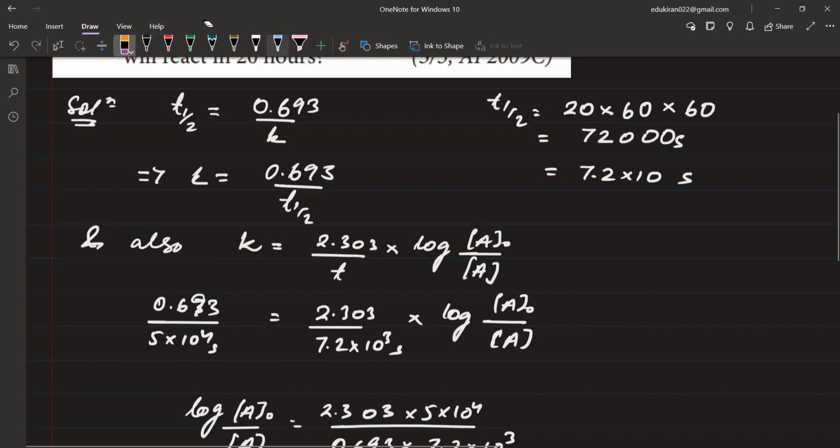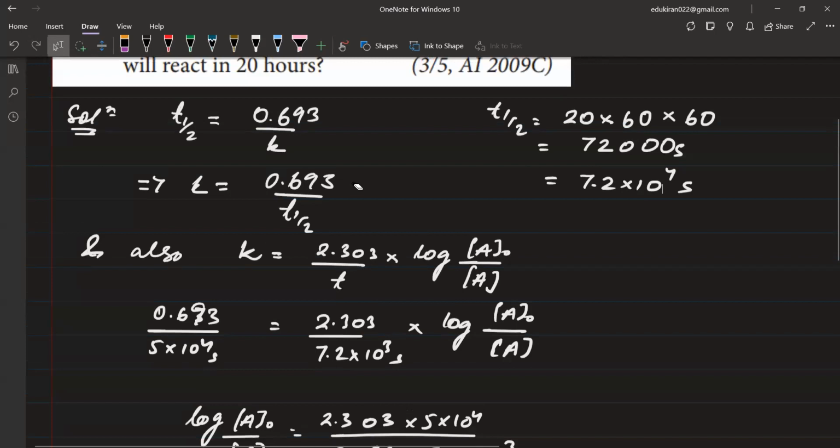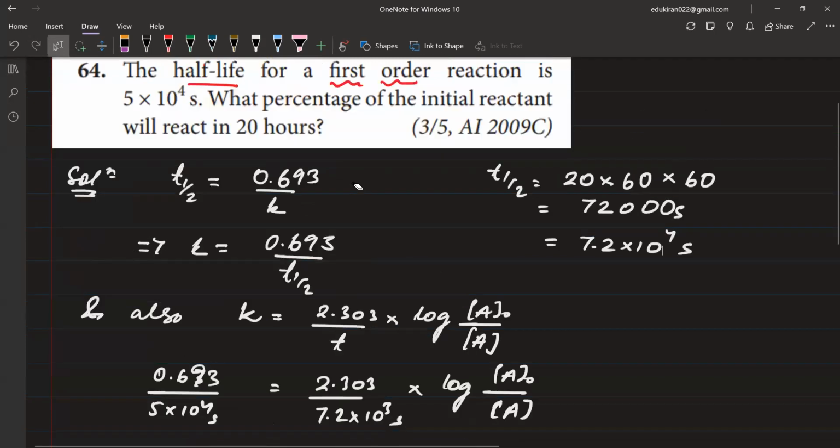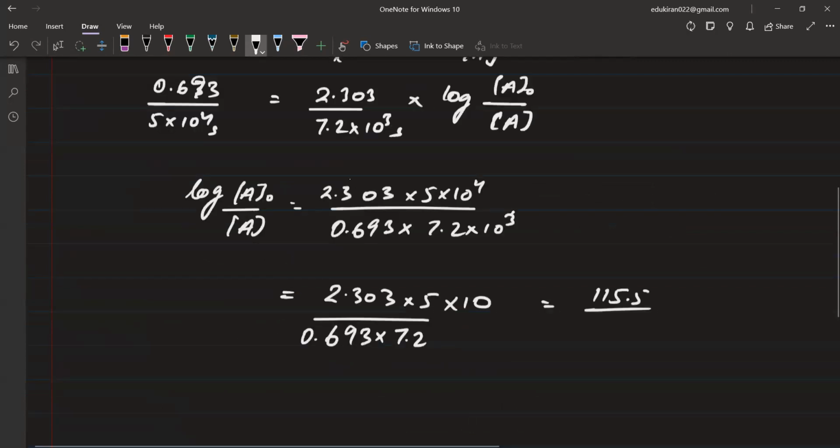This will be 10 power 4. So this will cancel both of these things. This 10 will not be there, okay? So this will be